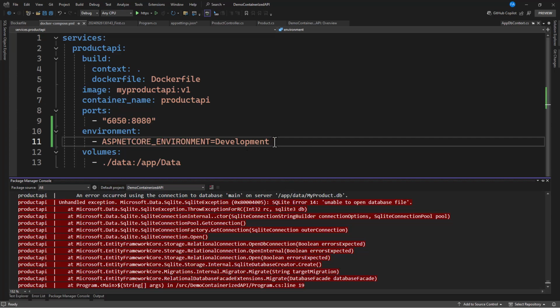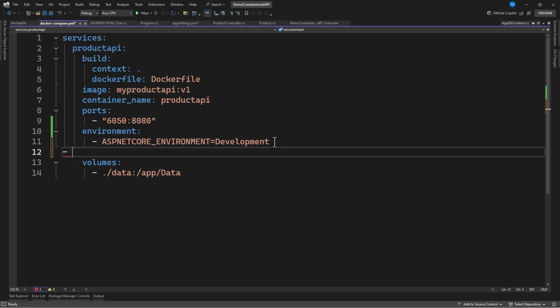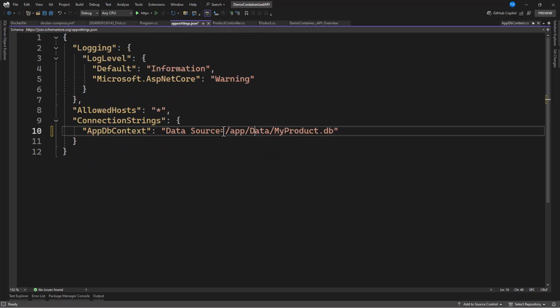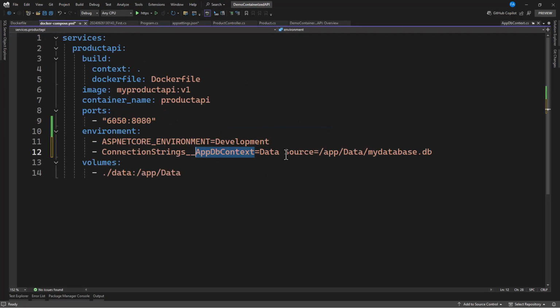So under environment, let's go and add connection string. And here we want to specify it as appdb context, which corresponds with what we have in the appsettings.json. So you can see we have an app data and my product DB. Now when it comes to Docker compose file, you're going to also have the same thing in here. Then we have our volume. Now let's save this